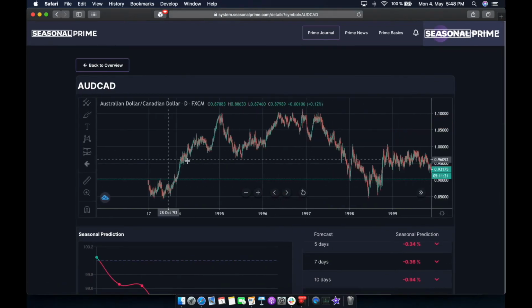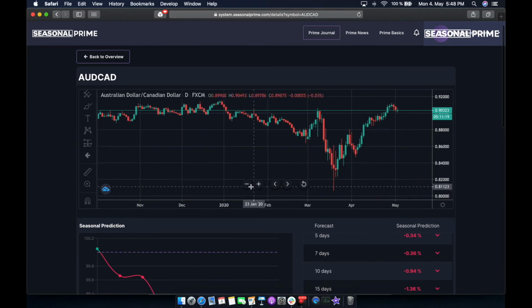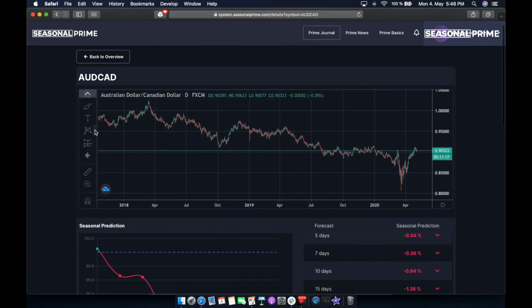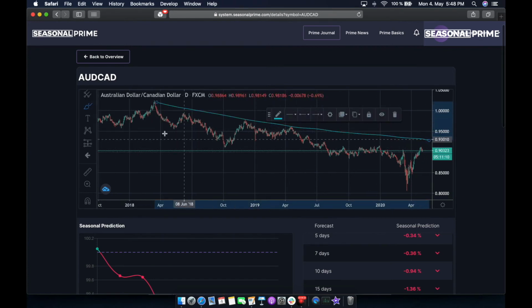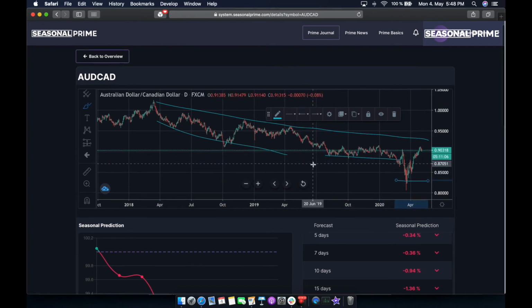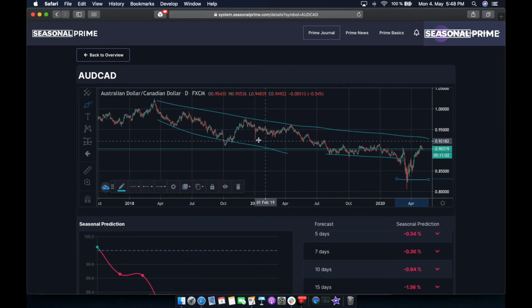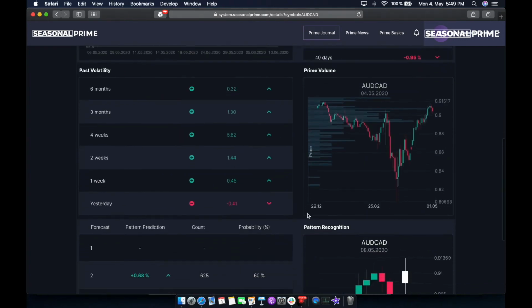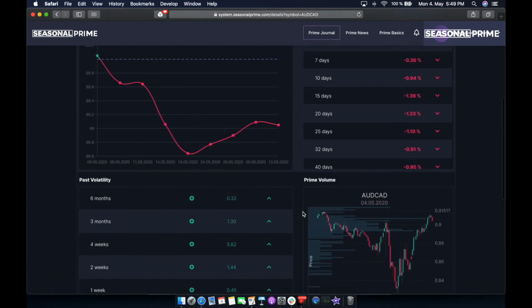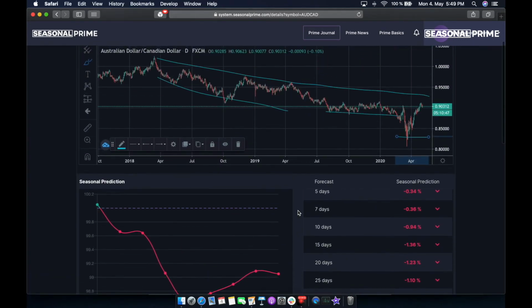Then we take a look at the chart like this, and you can also put in a line like this. We just make it freehand now. So this is it. We see we have a very, very clear trend. Now I would never enter the market for a long position in this case. I would rather wait for a correction and then enter with a short position, which makes much more sense in this market,